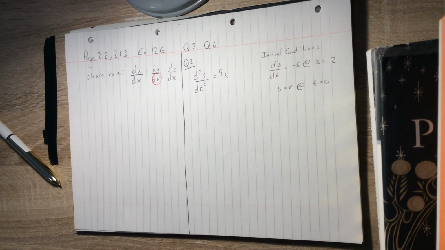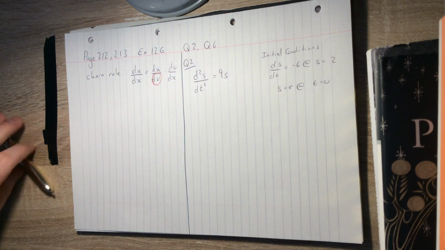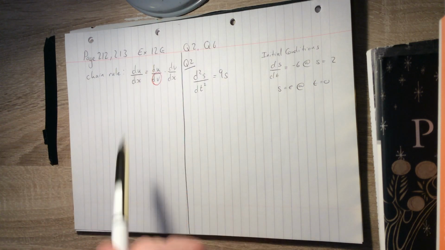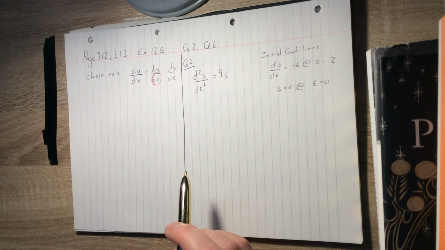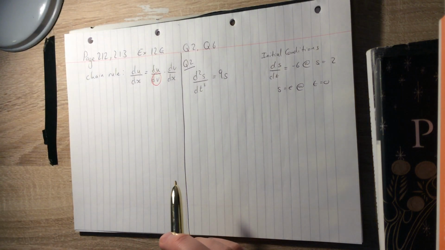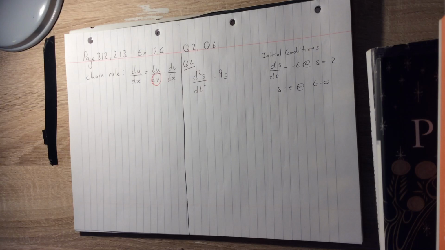How we doing, guys? We're looking at page 212, 213, exercise 12G. These are questions that require the chain rule. Now, just to start off with, if you go to your log tables to page 25, you'll see the